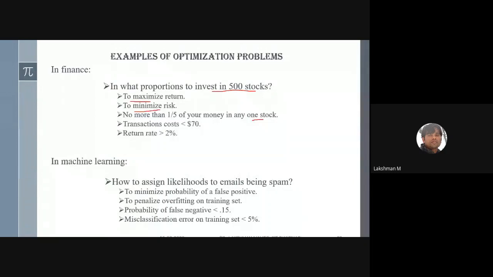The probability of a false negative must be less than 0.05, and the misclassification error on the training set must be less than 5%. It is similar to the hypothesis testing you have already studied in probability and statistics. These are the constraints that let you get an optimal model.